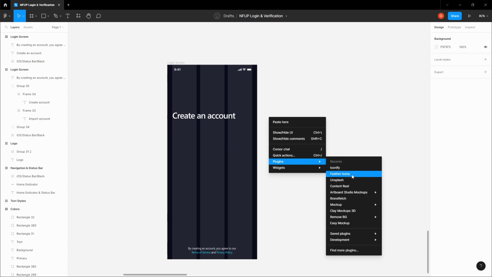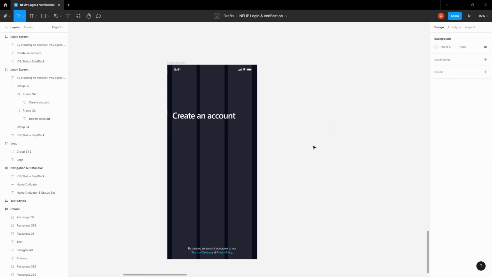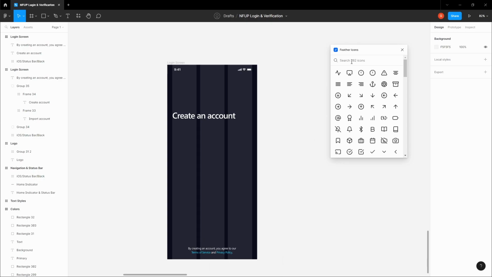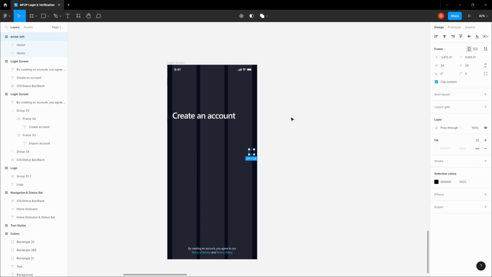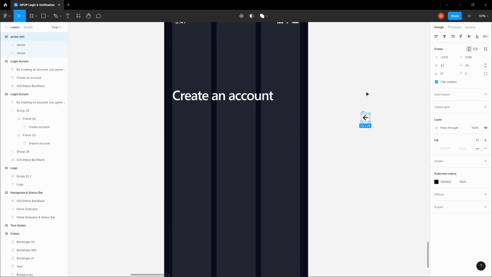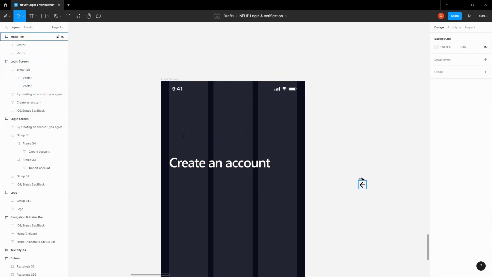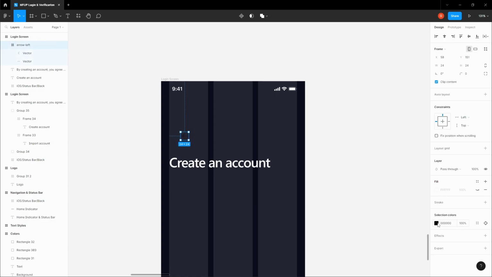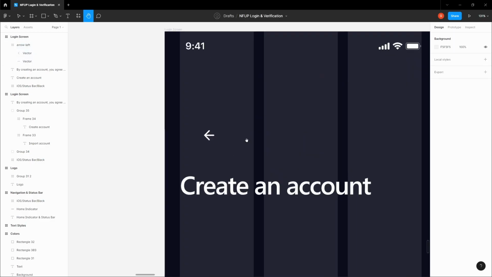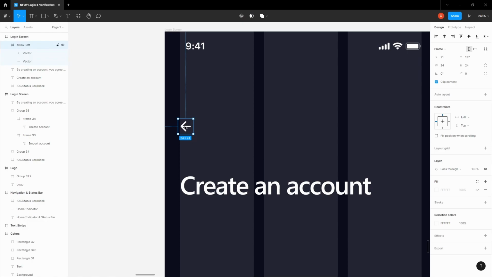Let's go feather icons here, go to your plugins and just search up feather icons if you don't have it. So we're going to be needing arrow left, so just click on this. There we go. We have our arrow left. Let's copy it and paste it into the frames, make sure it's inside it. Now just add a white color to it. There we go. And we're just to write up